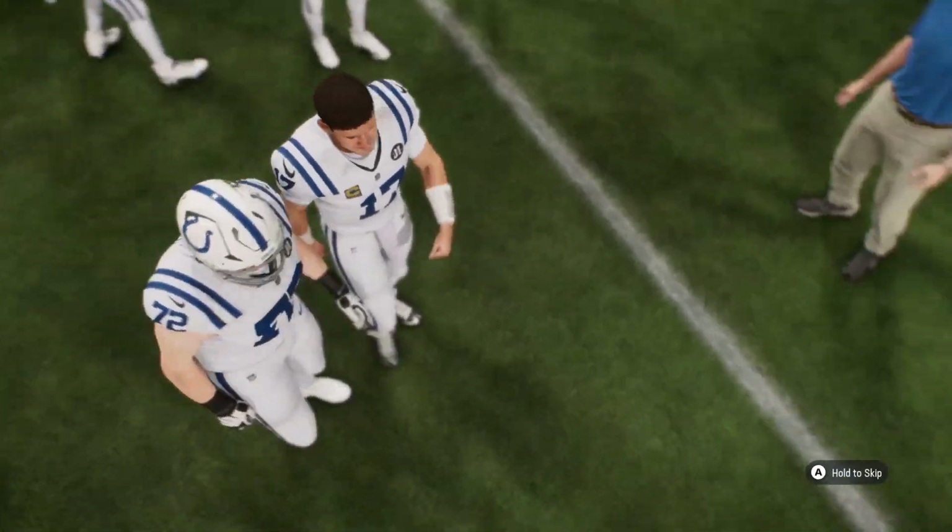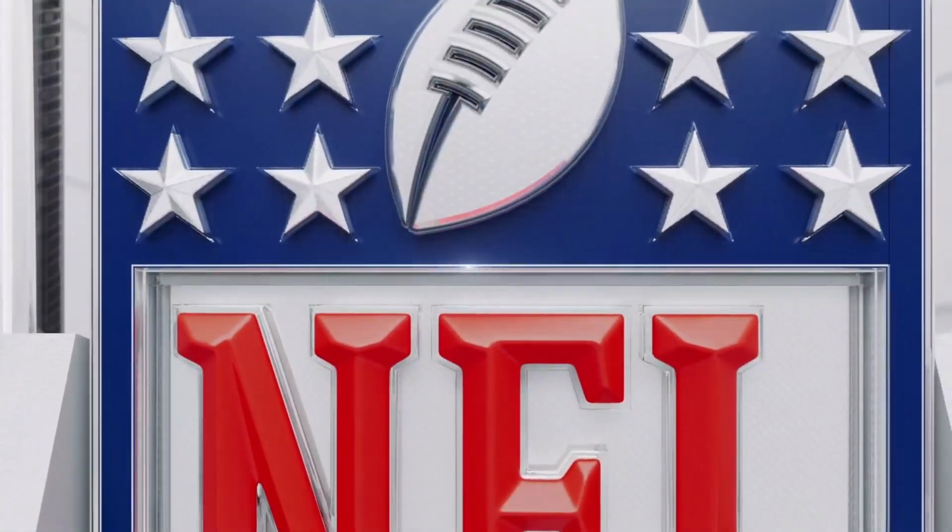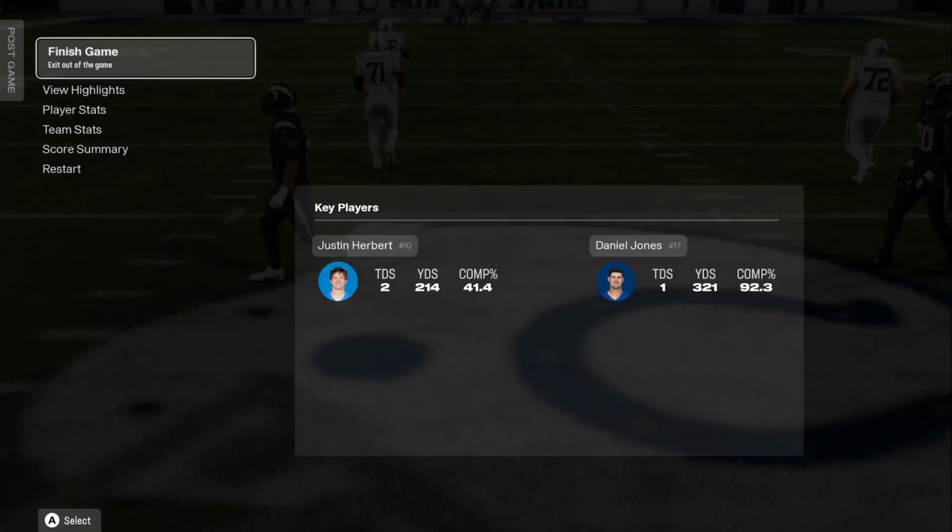And Brandon, I think it's as simple as this. Some players, some teams, they're just meant for the big stage. And when they get a chance to play